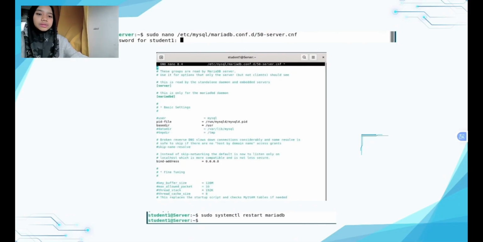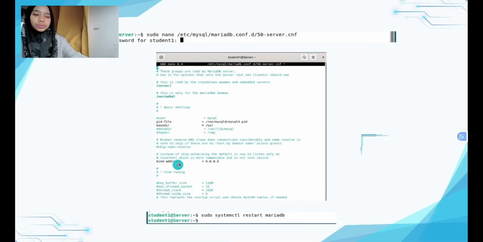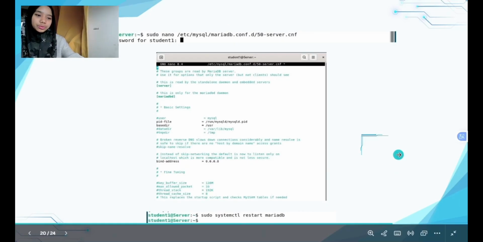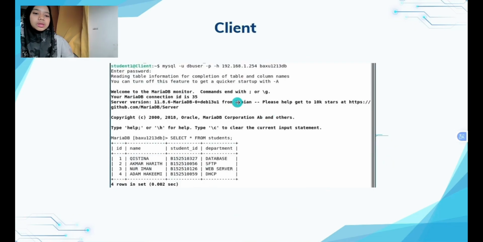And then after that, we need to configure the MariaDB network. So here first we need to open the MariaDB configuration file, and then we need to locate the bind address, change it to 0.0.0.0, and then we need to verify the configuration file. Then for client,